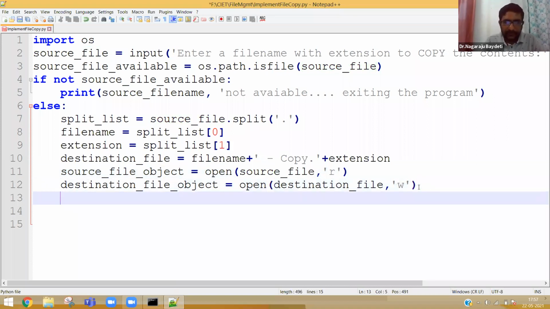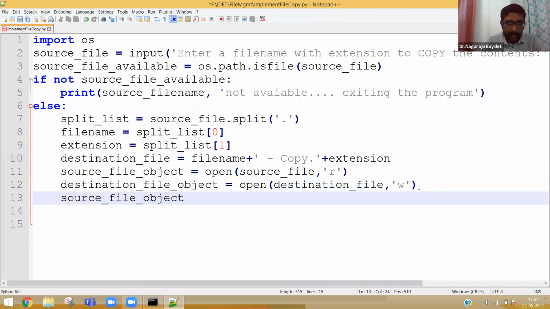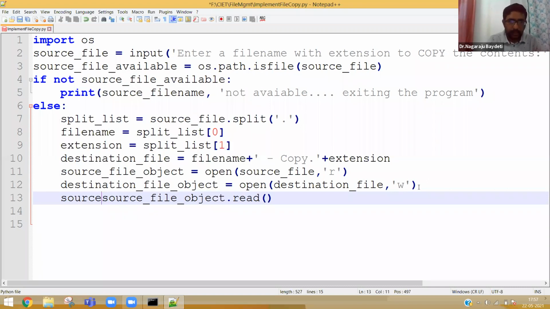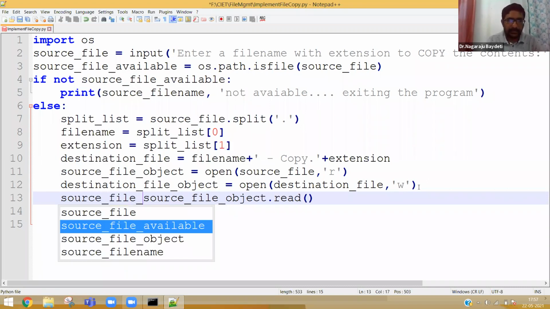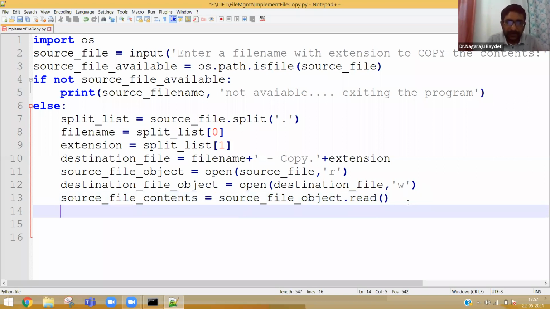After opening these files, what we have to do? Source file object dot read. Read the contents. So you can say source file contents is equal to, we are reading the contents. After reading, we have to write the contents in the destination file.